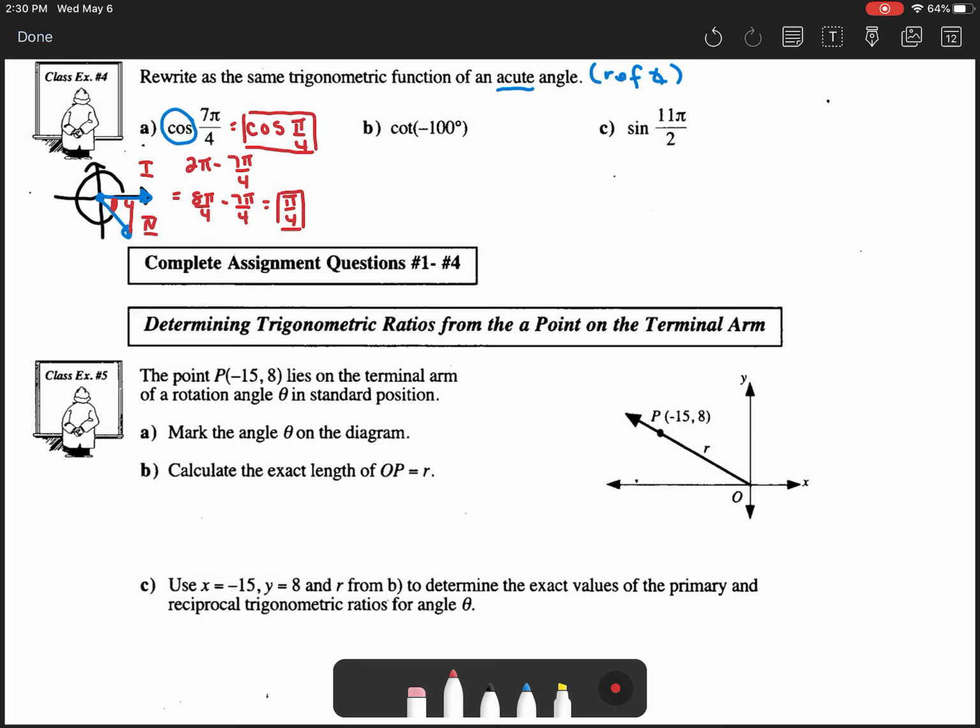I use the same ratio, so those two calculations will give me the exact same value. Okay, the second one,